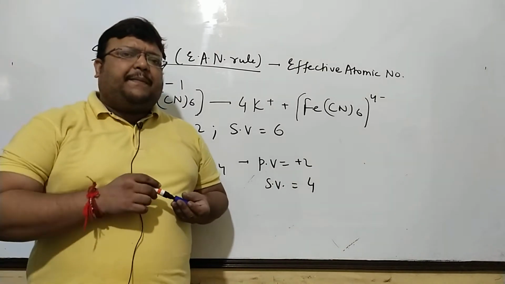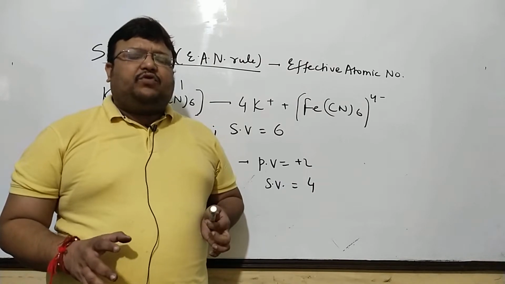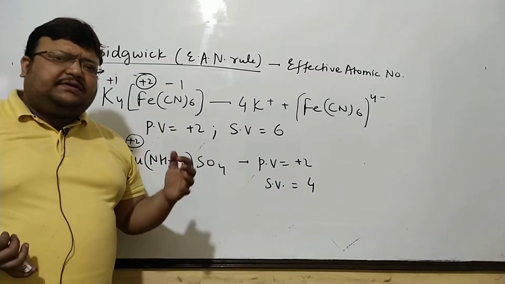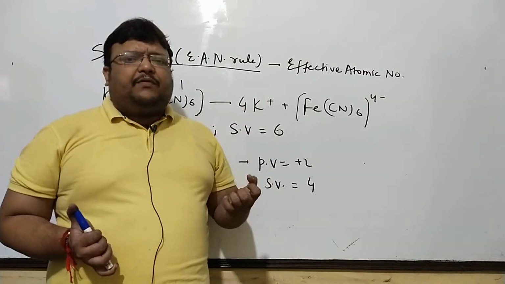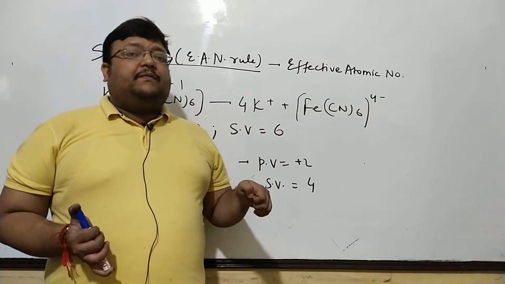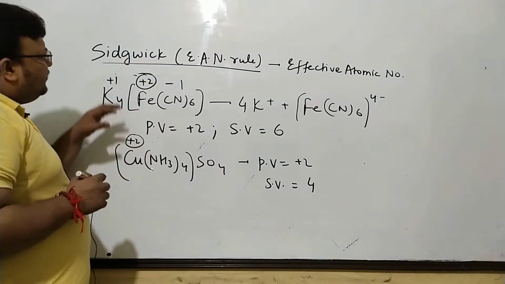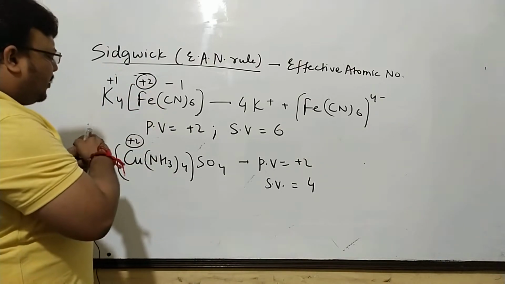Although atomic number happens to be the number of protons, here by atomic number we'll assume the number of electrons. So we'll not want to be very critical about the term atomic number. Here atomic number would stand for the effective number of electrons around the central metal. And this man proposed that effective atomic number